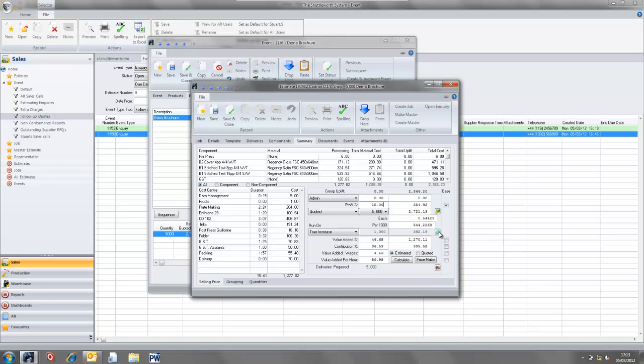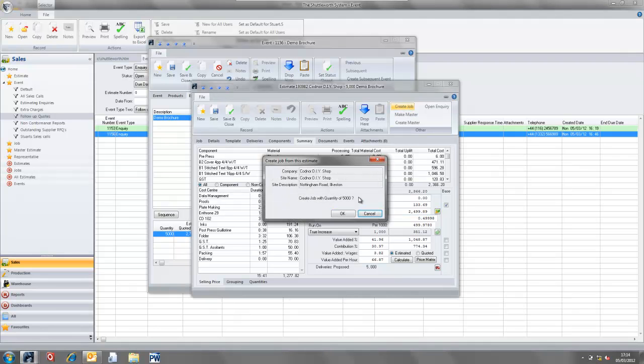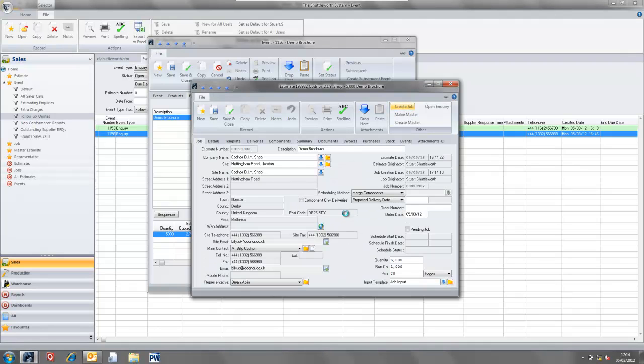and pricing accordingly. So if the customer says to him, well, okay, you can have the job if you can do it for £2,500, he can put in £2,500, and he can see what the effect is on his value added, his contribution as a result of that price. And then if he's happy with that, then the customer says go ahead, we can go create the job, and the job is now created in the system, and there are more tabs that become available on the estimate as was,